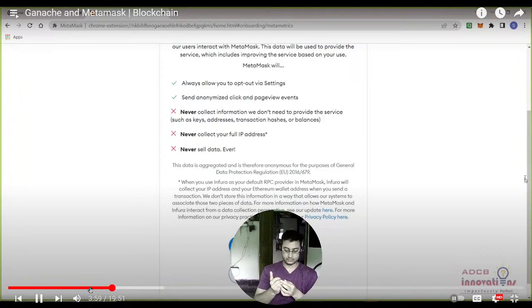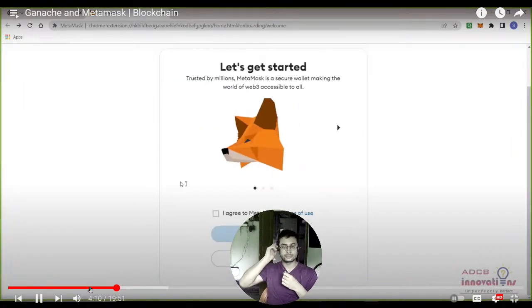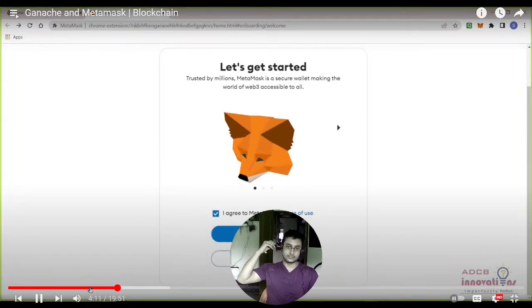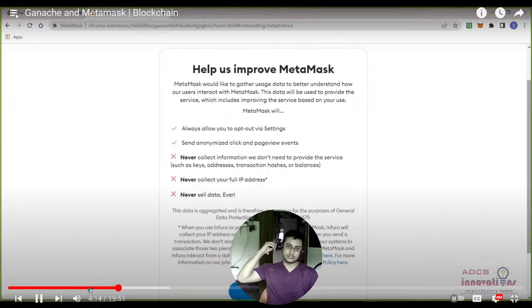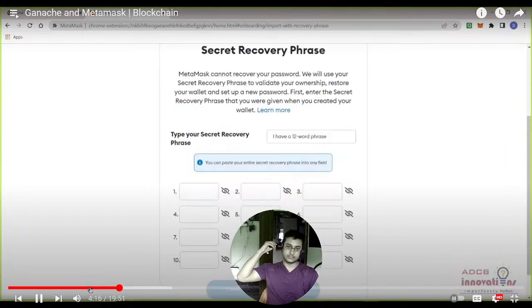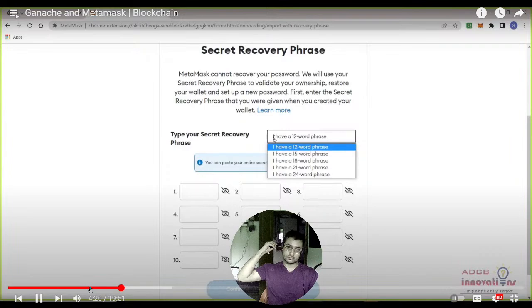Place, because if that phrase is lost, that 12 word phrase is lost, you will not be able to recover your account in any case. All right, so you just need to click I agree. Okay, before that, let me show you the import an existing wallet option. You will see it will ask for the seed phrase. So I agree. You can see here it is for security, it is saying I have a 12 word